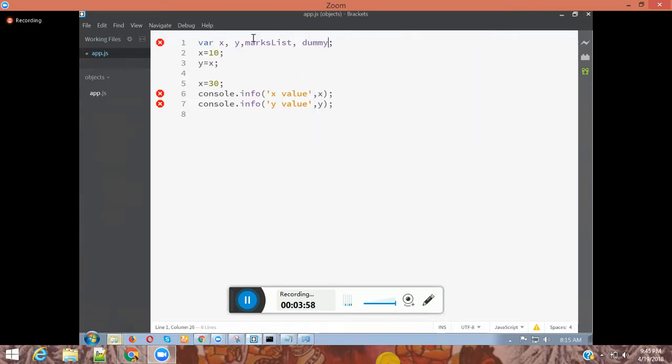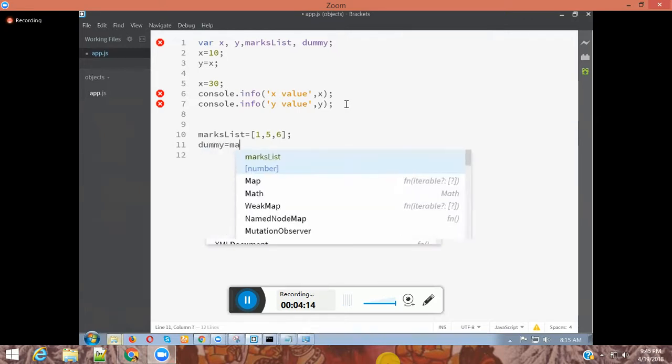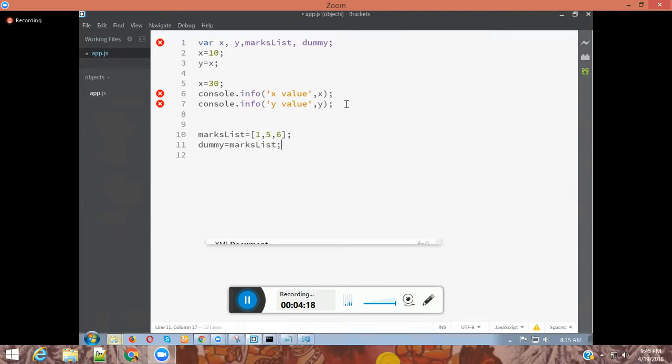I said marks list and dummy. Marks list equal to 1, 3, 5, sorry, only 3 values I added. Is that okay? Dummy equal to marks list. Is it exactly same as what I am doing there in x equal to 10 and y equal to x, or any way different? Same, right? Now I'm modifying the marks list to equal to